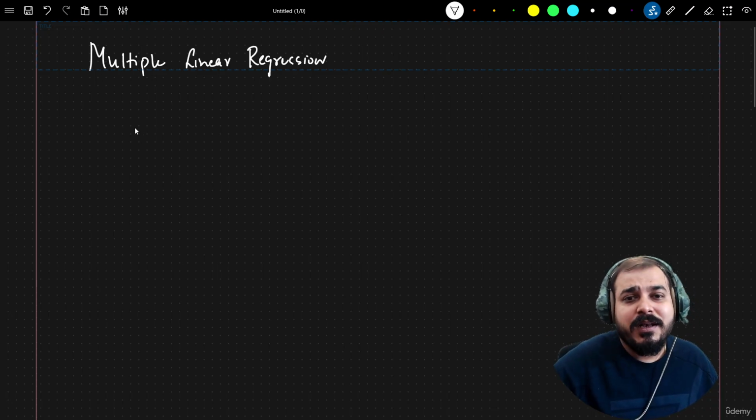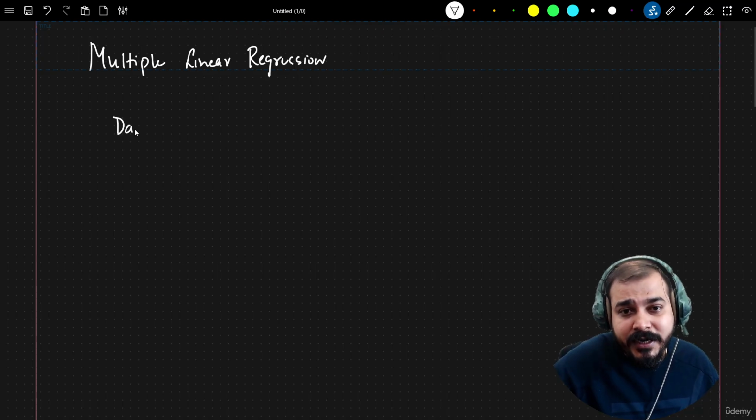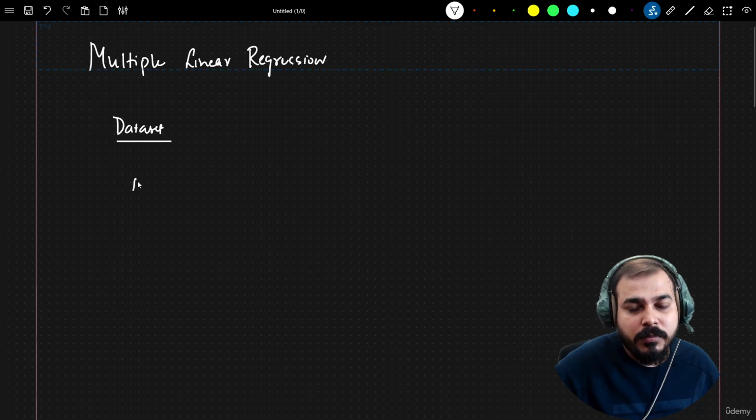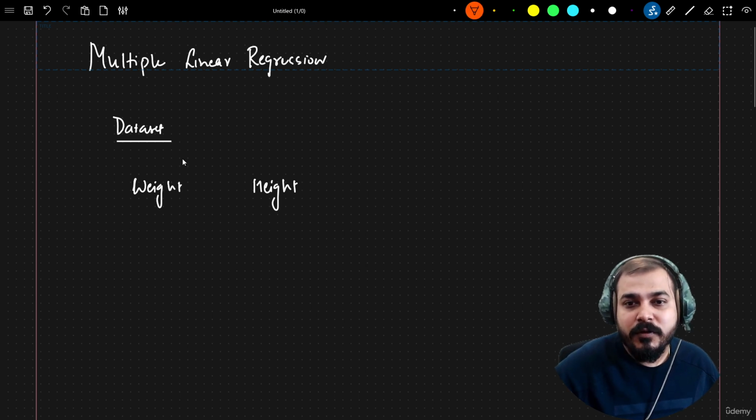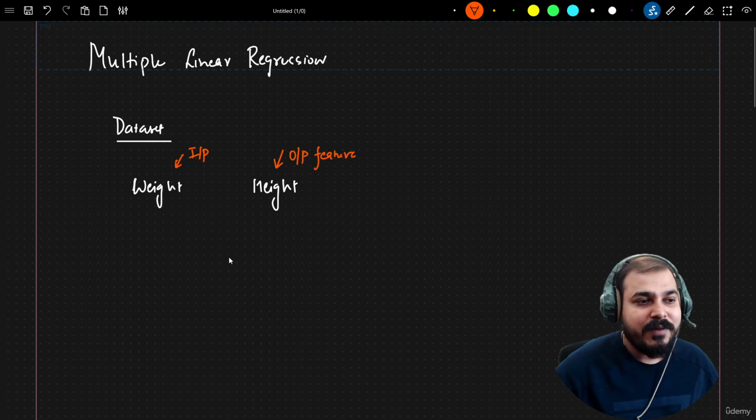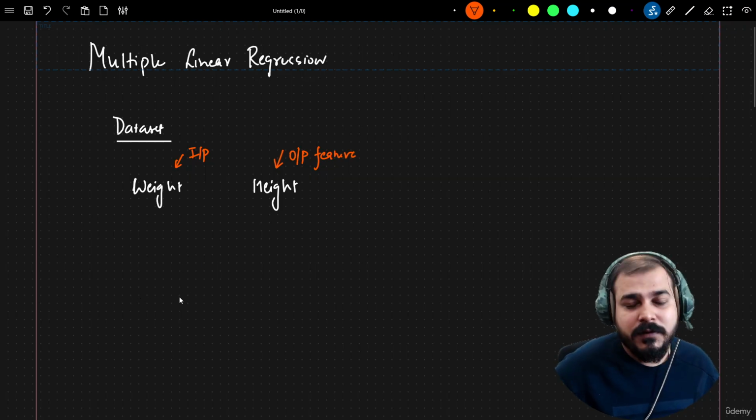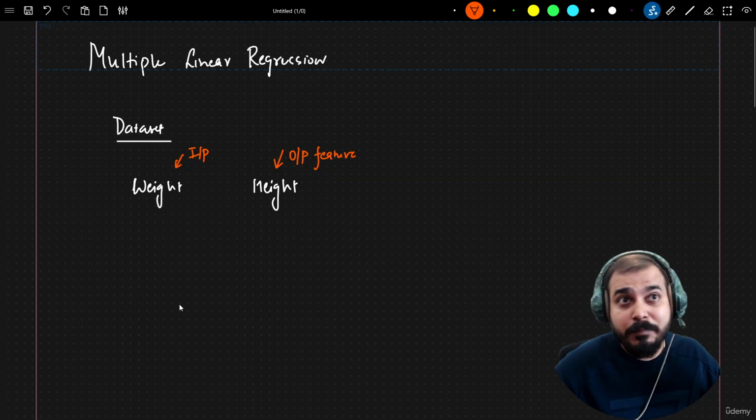In our previous example, when I consider our data set, we have taken the example that my input feature is probably weight. So I really need to predict height. This is specifically one input or independent feature, and this is specifically my output feature. So what we did with the help of simple linear regression is that we tried to find out the best fit line, and we understood the equation, the cost functions, the convergence algorithm of updating the